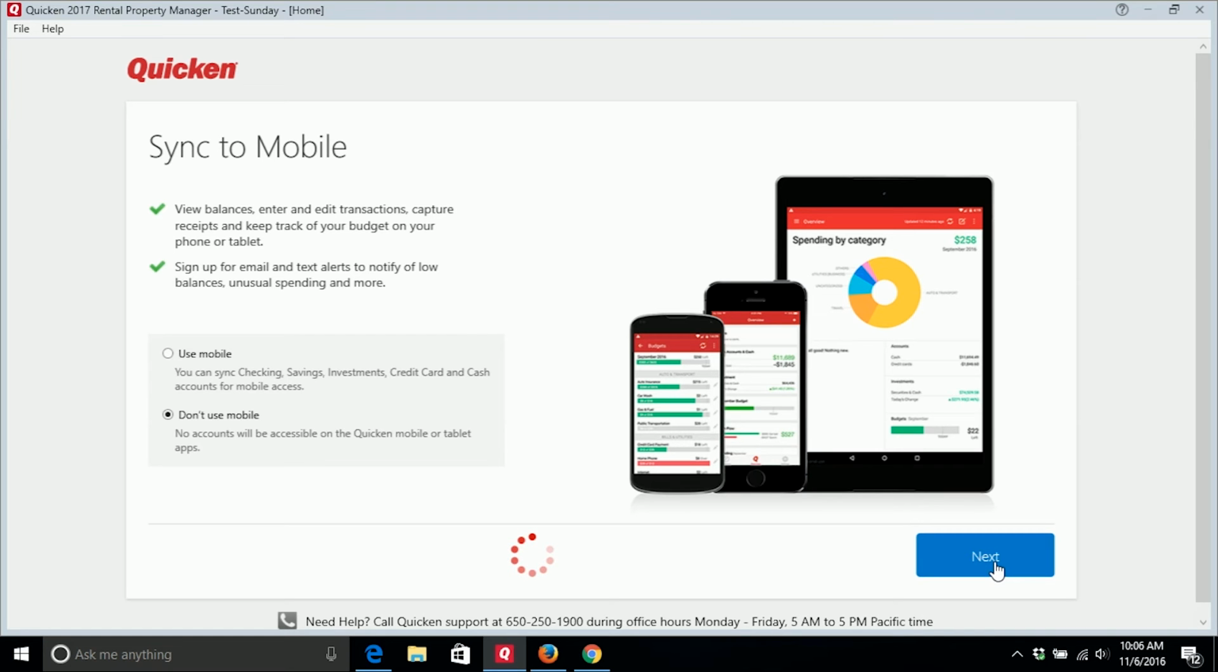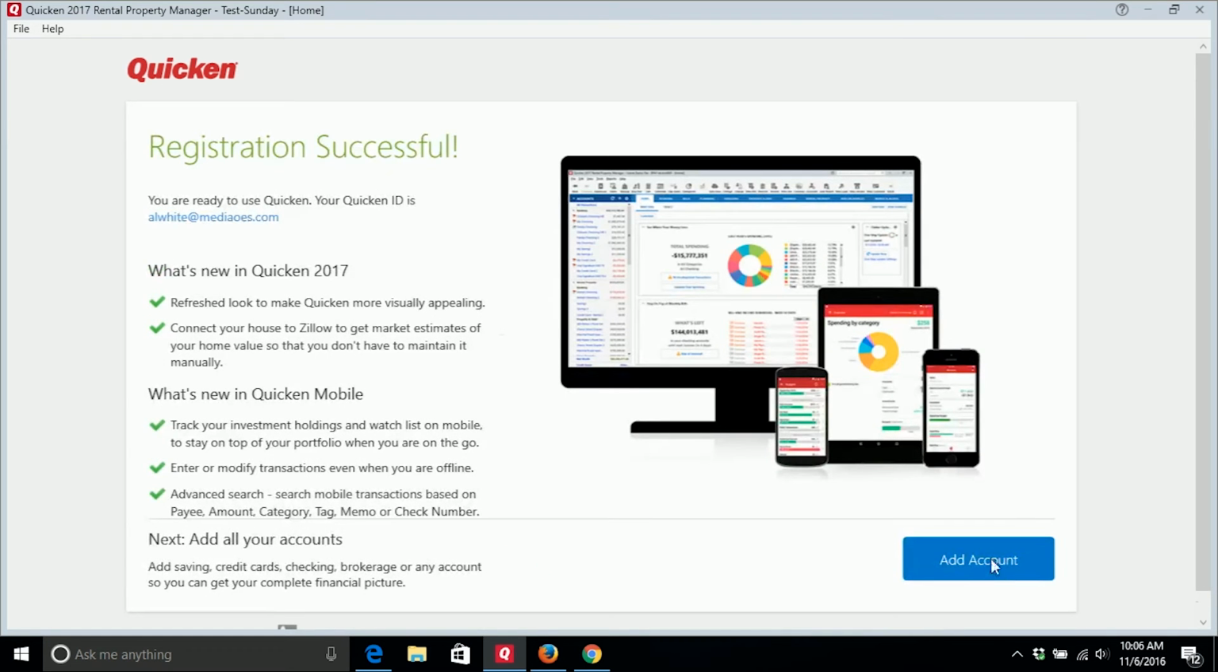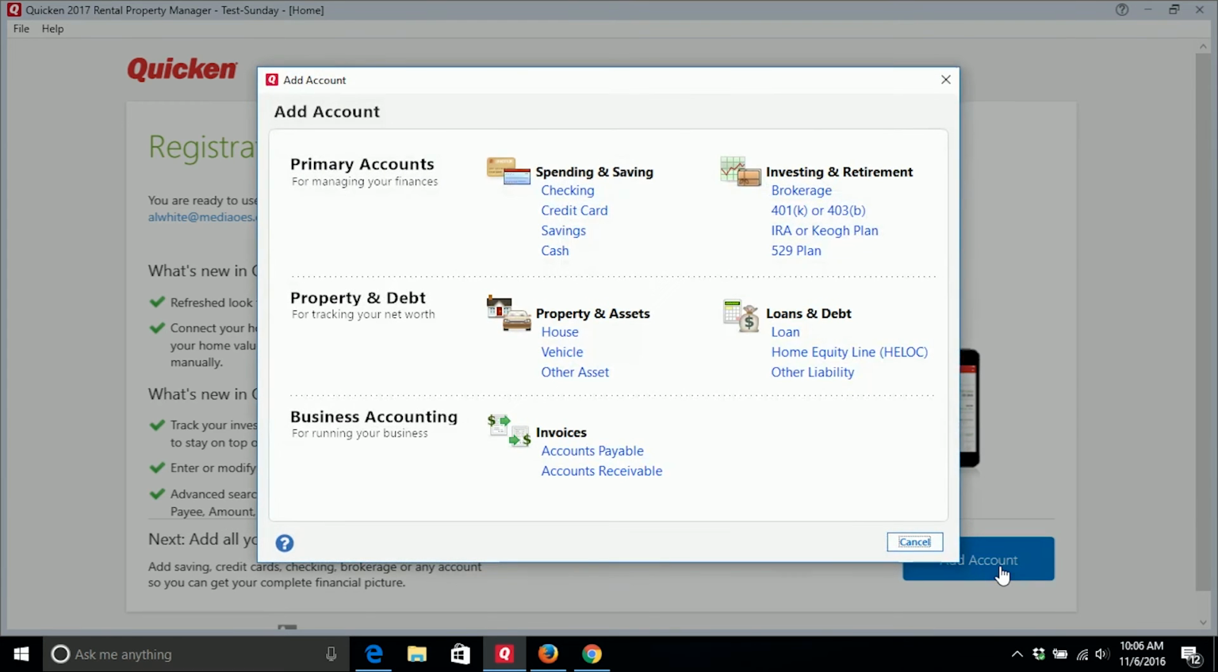It's taking a little while today. All right, the next thing we're going to do, we're going to click on add account. Now, if you're using Quicken 2014, once you get through this particular process, it is not going to ask you to sign in with your Intuit ID, and it's not going to ask you to add an account. But once you click on Get Started in Quicken 2014 and try to add the account,